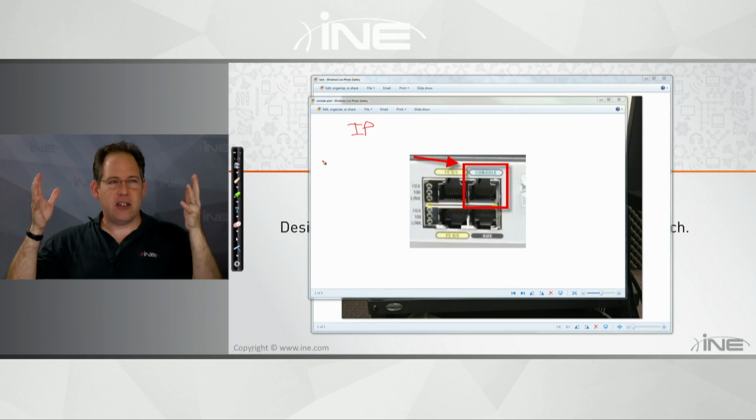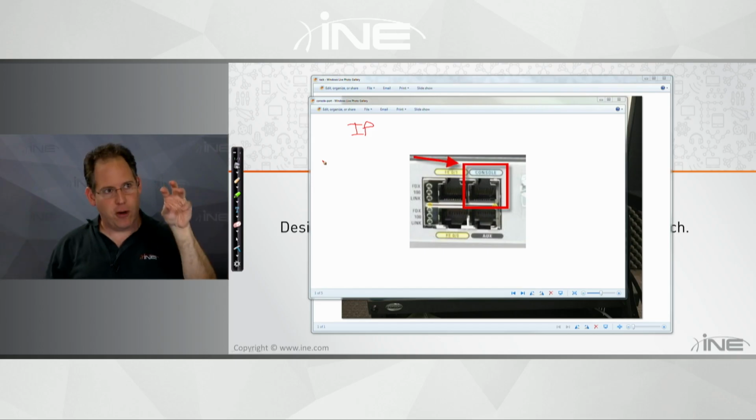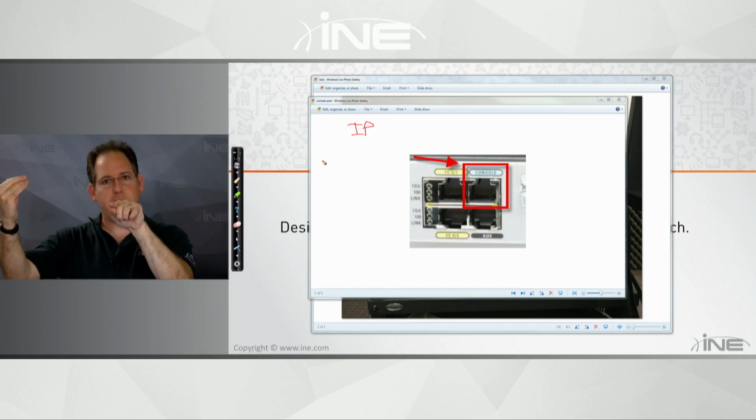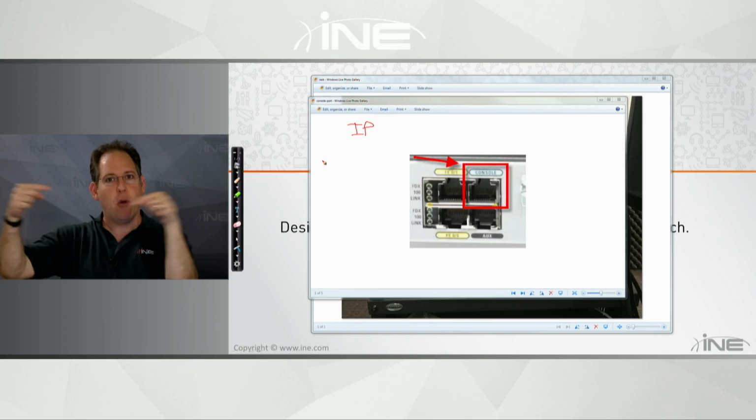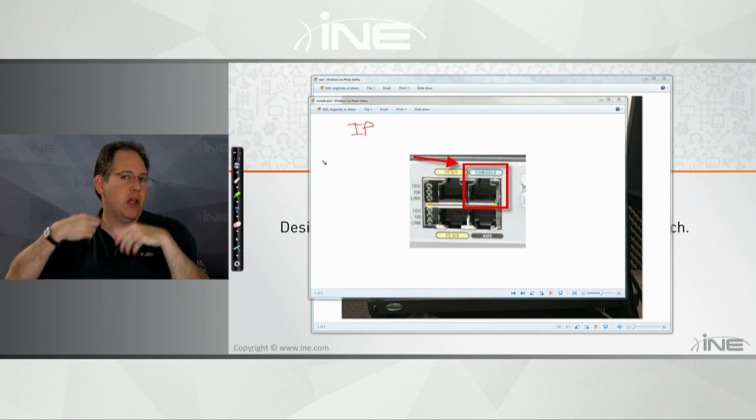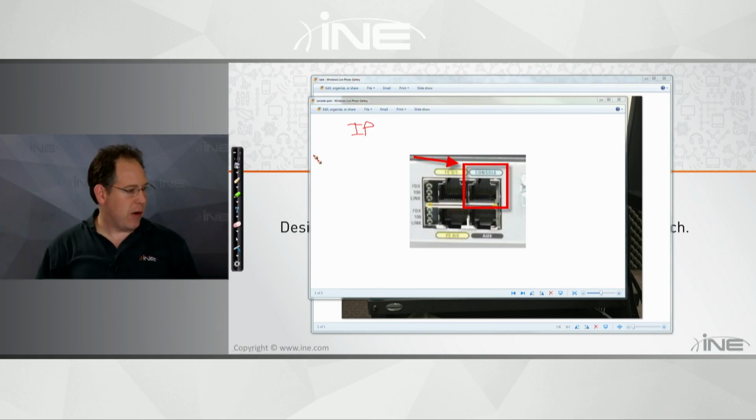Think of your house, your house has many doors, right? You've got your front door, you've got your back door, your door to your garage. Those are all entrance points into that house. Well, similarly, on a router, if I go back to my picture of the router here,